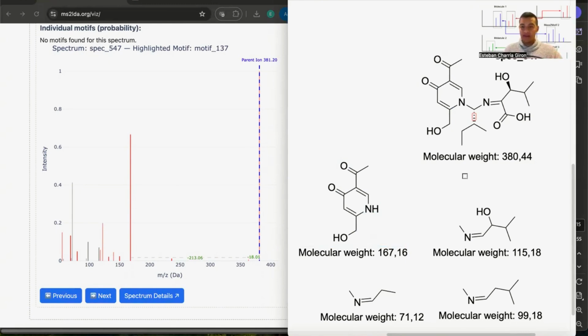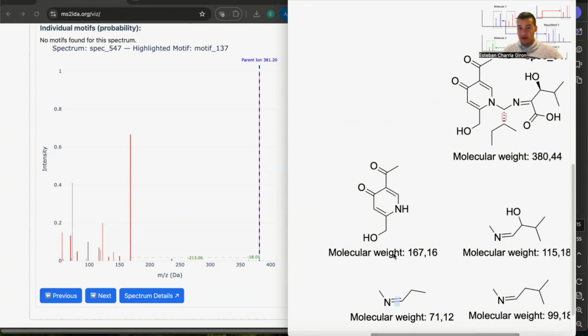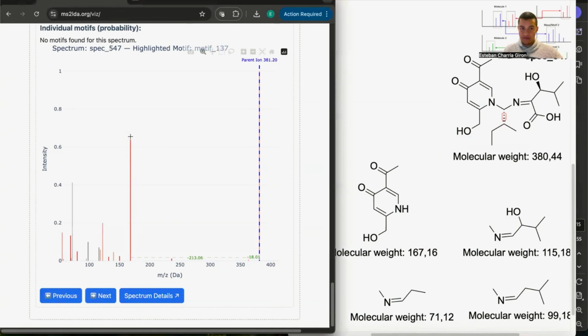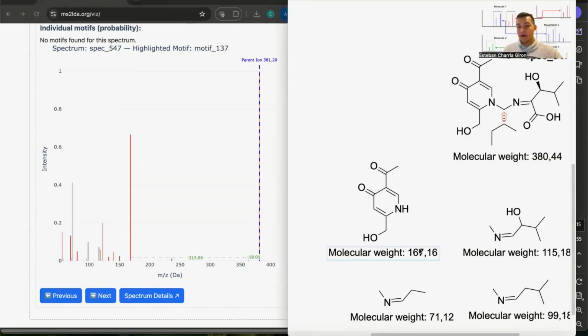And what I did is that I started redrawing the structure and checking what happens if I hypothetically fragment the structure into different pieces. Basically, I can construct a fragment that will correspond to this mass, so 267 Daltons, and this is 168 Daltons at this point here. So we will just zoom in so that you see it. This 168 Daltons is positively charged, so it means that the neutral mass of that fragment should be 167